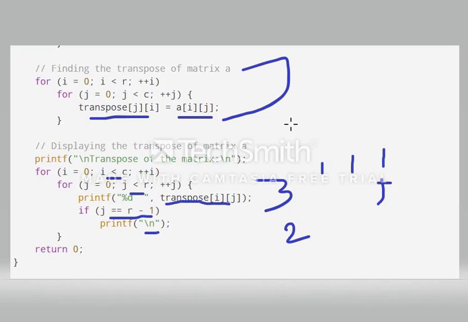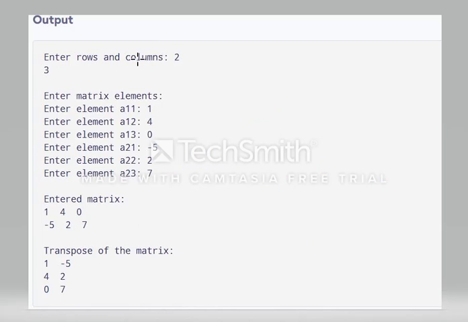Here I will show one simple output so you can understand. Here this is an output. For example, they are entering rows as 2 and columns as 3. The first element a of 1 1 is shown because in the program we have written i plus 1.